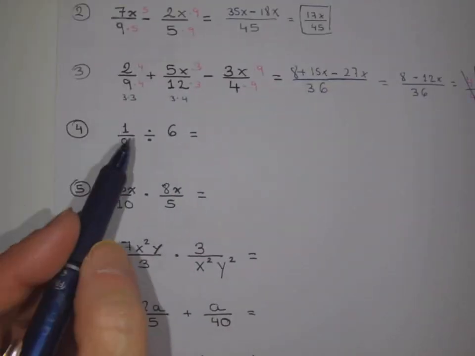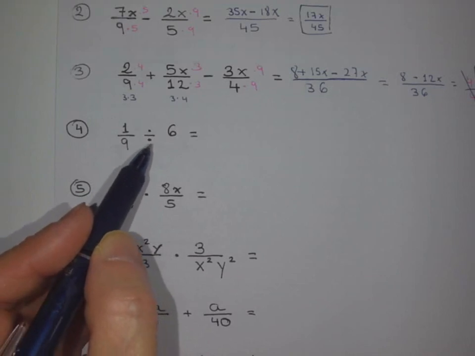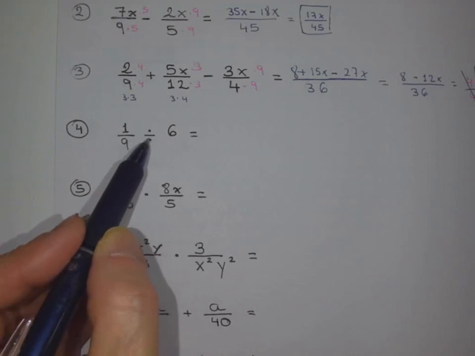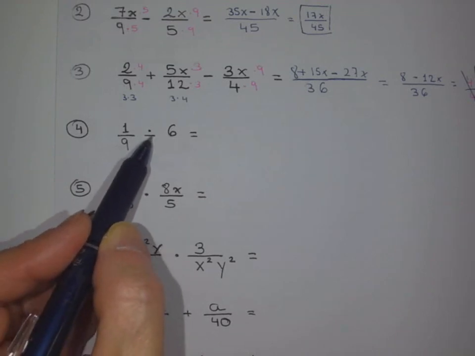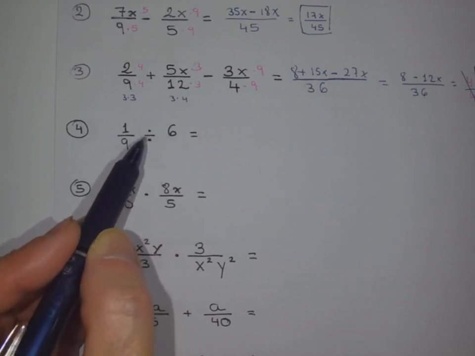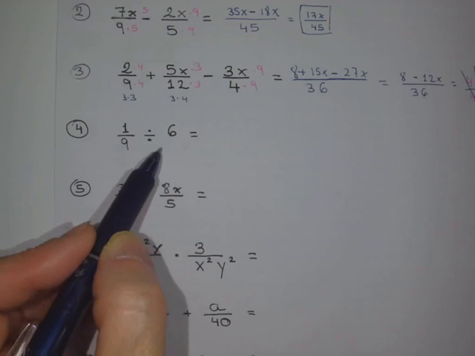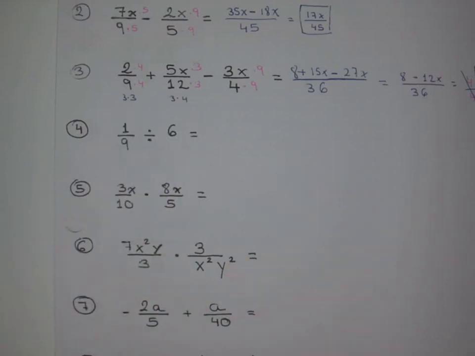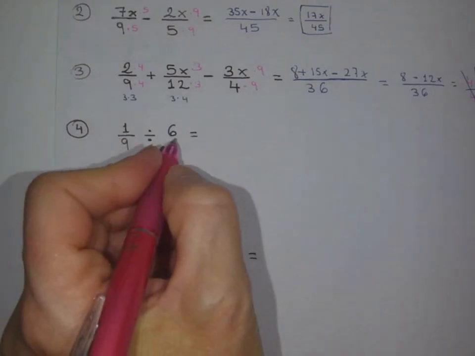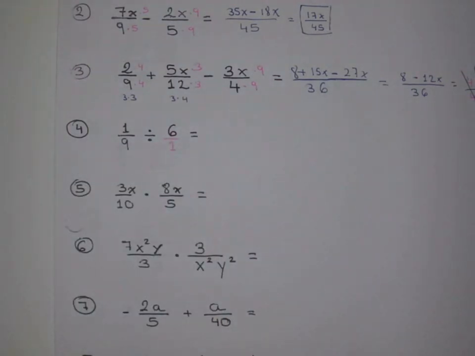Alright, now we're switching. We have a division now. So remember, when we're dividing, we're going to change the division to a multiplication, but we cannot just change that to the inverse operation without doing anything to that, right? So if I do the inverse operation here, I need to use my multiplicative inverse here as well. So this is the same thing as 6 over 1, right? And so you're going to keep the 1